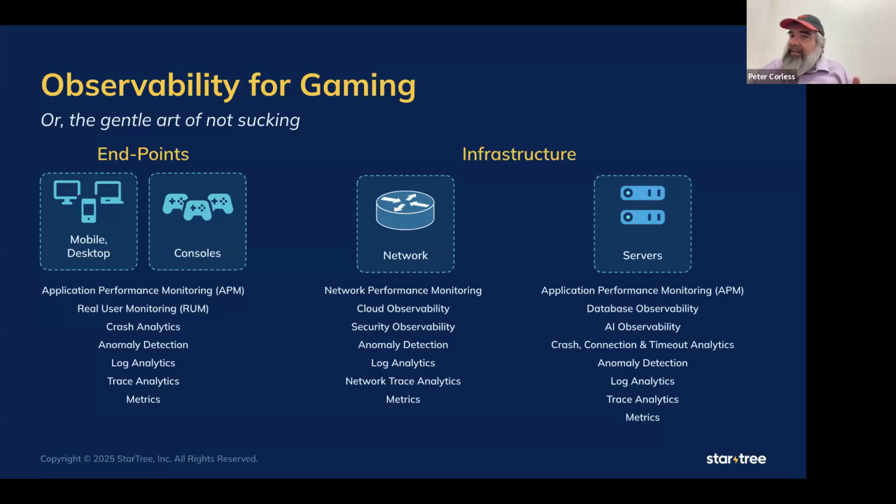There are a lot of different kinds of observability that need to be applied here, whether it's application performance monitoring, network performance monitoring, or database monitoring. There could be AI infrastructure you also need to calibrate, anomaly detection or log analytics. Each of these in and of themselves would be an hour or more webinar by themselves, a meetup, because these are deep topics that have taken decades to come to the current state of the art. So I don't want to minimize them. I'm saying there's just so much to be done there that we can't cover it here. What we can cover is the architecture to handle this kind of telemetry at scale.